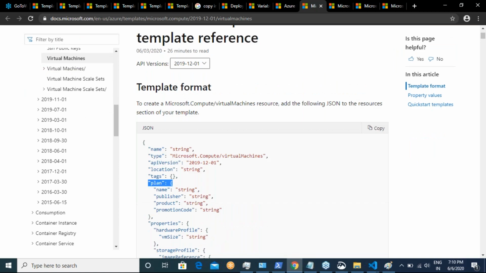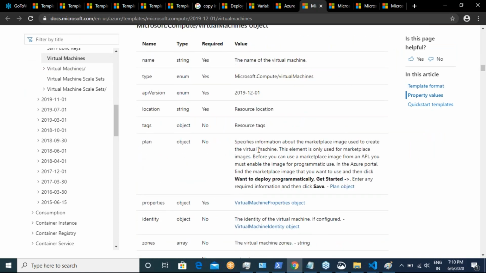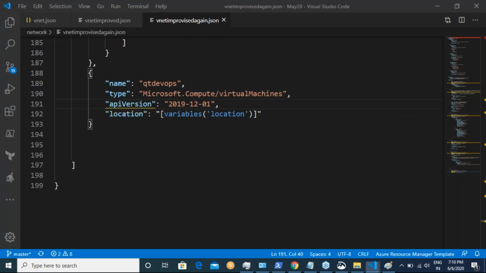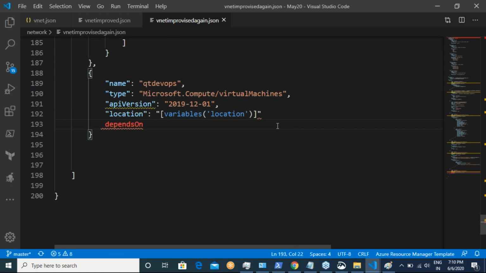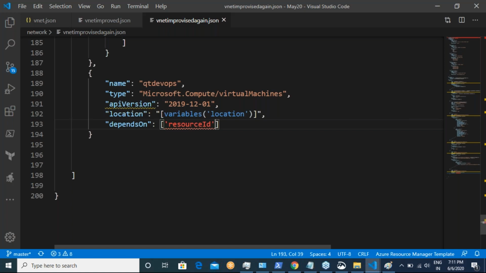If you go into this documentation over here, is plan required? I don't want to have a plan. Always try to write a dependsOn section. So you are telling what the different things are which you are going to depend on. I am going to depend on resource ID of,